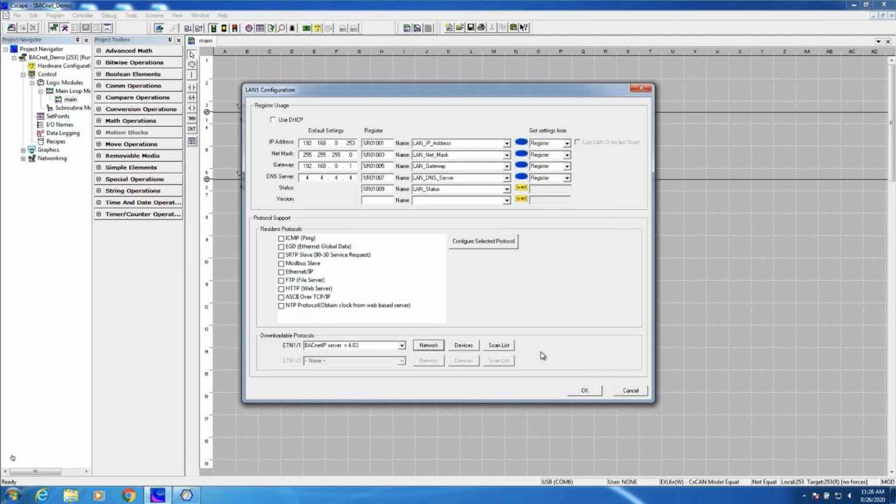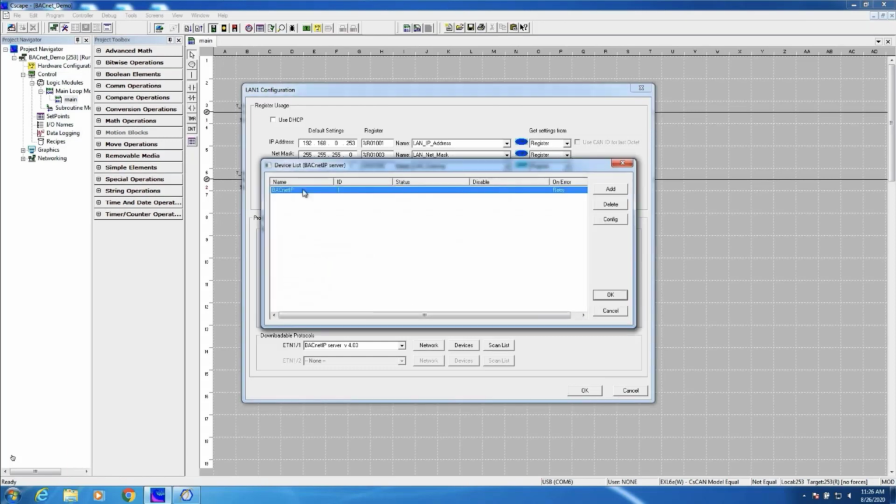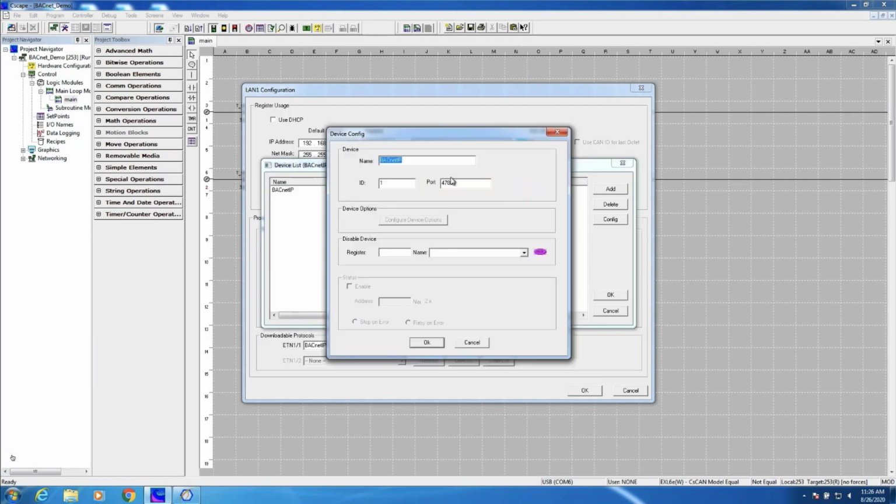Okay, on the next level, let's take a look at the device level. All right, so BACnet IP. In this case, I have previously added this BACnet IP device here. If I had not configured it yet, I would have to hit the add button, but I've already done that. So I'll just go ahead and double click here and take a look. So here's where we can give the device a convenient name. This doesn't really show up anywhere, it just shows up on the screen only for convenience purposes here